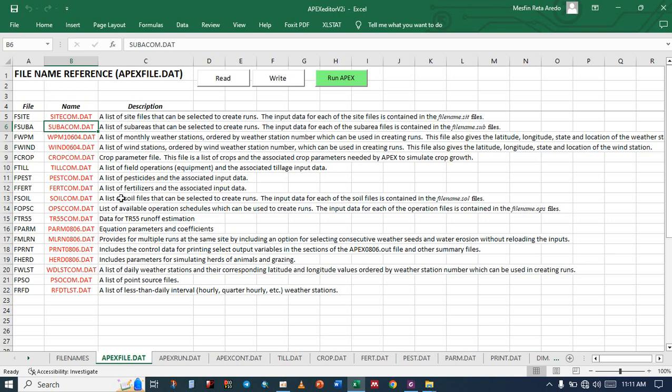And the other file is the WPM file, that is the list of monthly weather station file. So we have created one weather station, okay, and if you have multiple weather station or multiple monthly weather generator to use and select from that, then you can provide the list of monthly weather station. And this is the place for wind station, list of wind station,